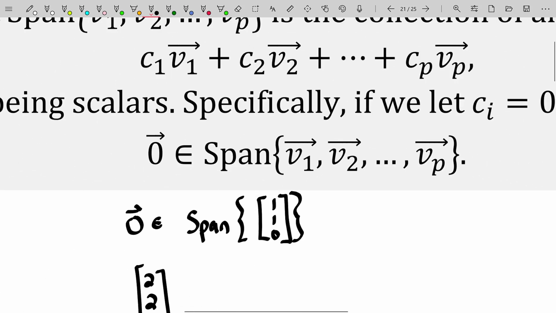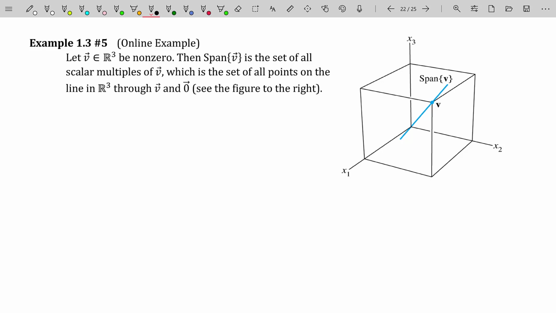That's what the span is. Now remember, 0 definitely is a vector in every single spanning set. So if you think about a spanning set, it has to go through the 0 vector. That is, if you think about a set of vectors and geometrically what their span looks like, it will always